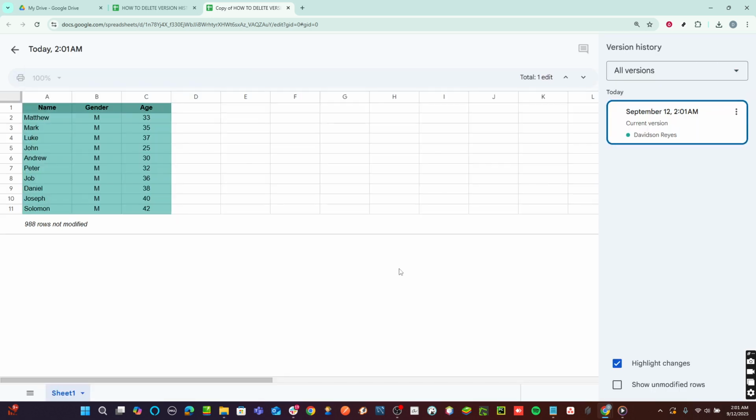And there you have it. By following these steps, you will have successfully deleted the version history in Google Sheets by saving a new copy, ensuring privacy and a